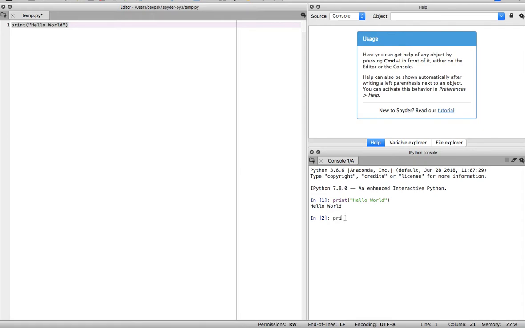If you have small statements like this hello world, you can directly write here and press enter, and you will see the output. So this is the way of using Spyder, right? I am closing this now because I will not be using the Spyder editor for this series of tutorials. Maybe you can use it if required in future, but as of now I will use Notebook. So let's go there and see how it works.